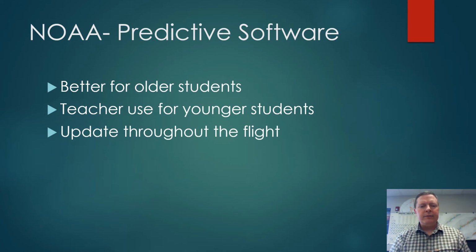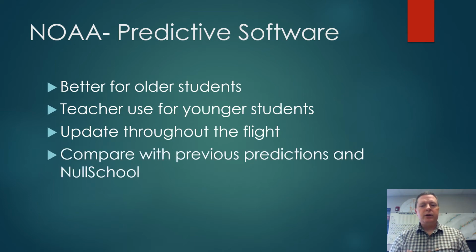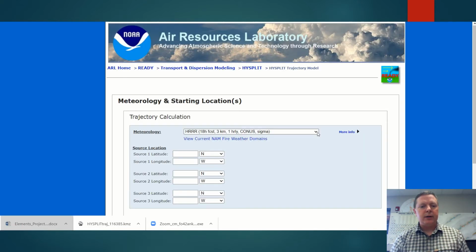Every day you'll get more information from APRS, and you can input the altitude and the GPS location, and you can get updates. Then you can compare with your previous predictions, and you can compare against whatever's happening with NullSchool right then. So if we go here, and I'll share this website in the comments down below,